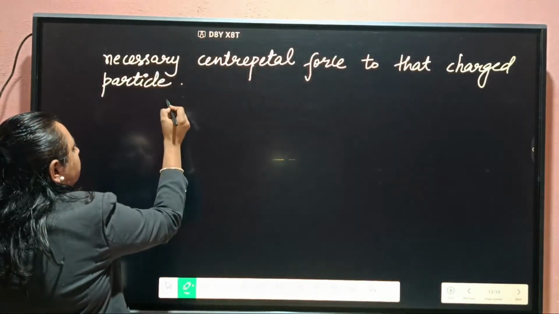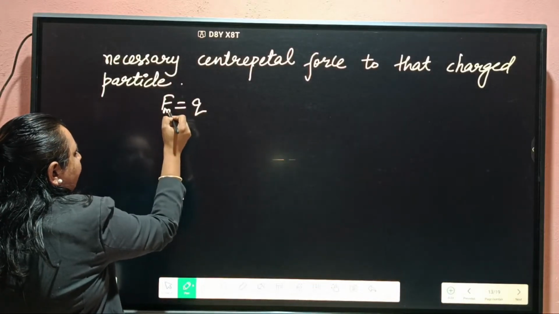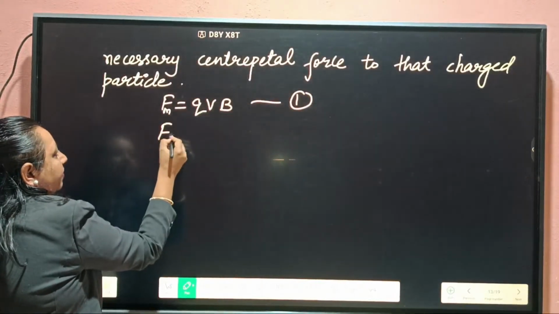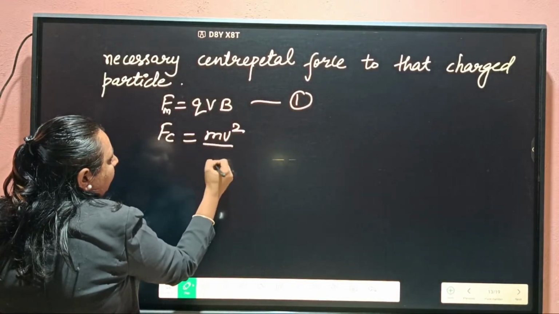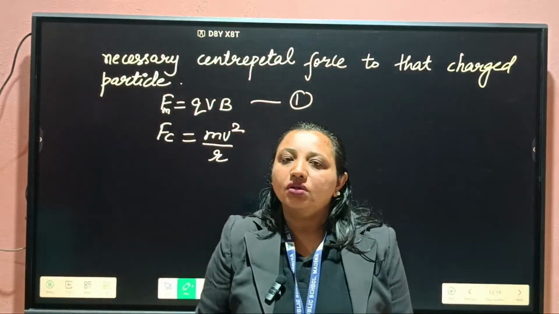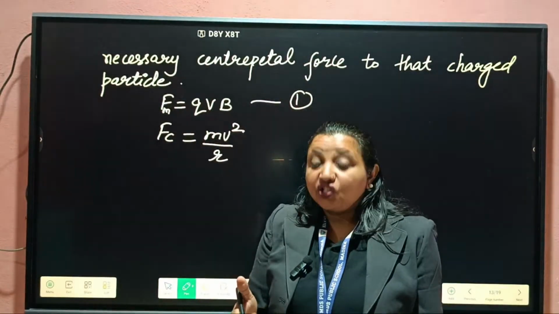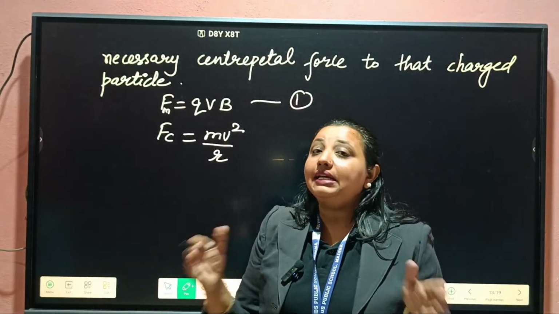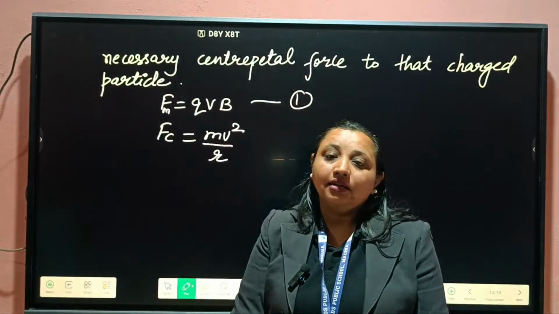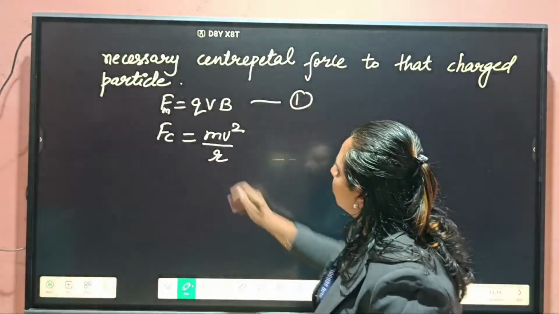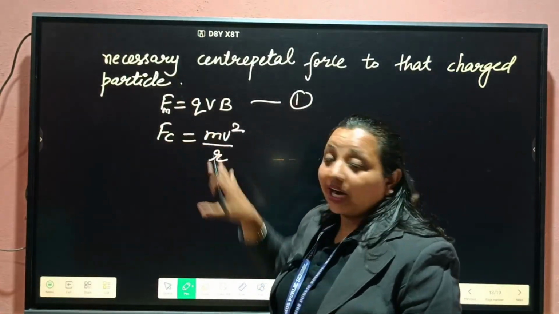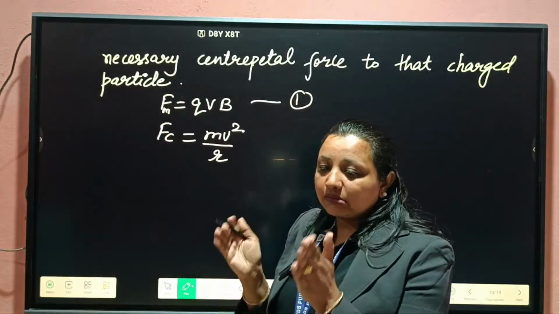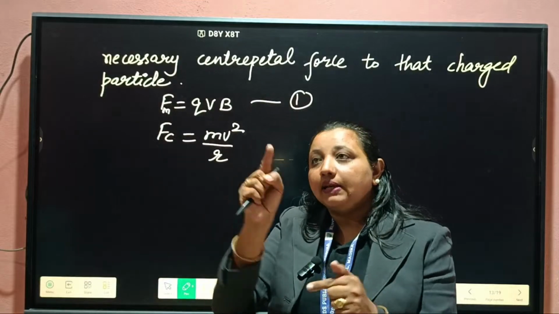Okay, that means F is equal to the maximum force which acts, QVB, equation number 1. It provides the necessary centripetal force, that is mv square by r. Okay, the centripetal force is a resultant force which comes due to the resultant of the other forces, and its formula is mv square by r, and it acts towards the center along the radius. So this force provides the charged particle the necessary centripetal force due to which it moves in a circular path. Okay, maximum force will act on it at every point, due to which at every point it